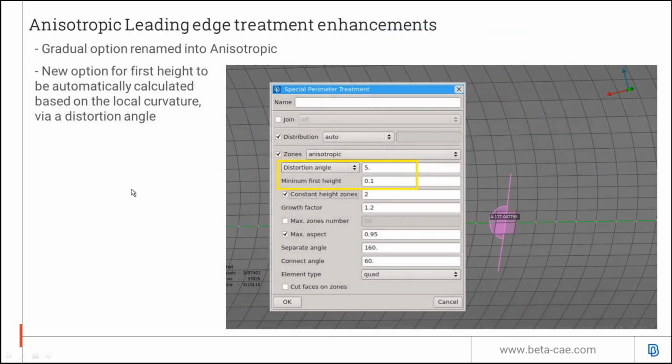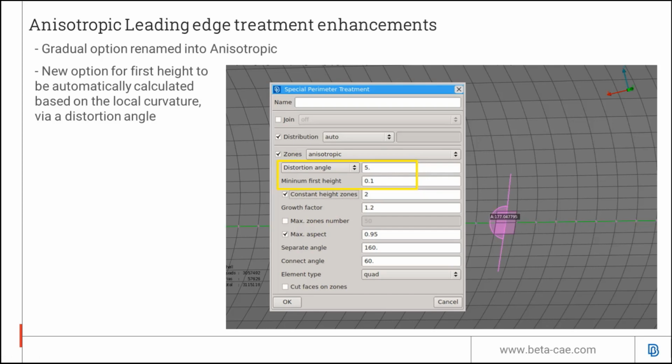For anisotropic leading edge treatment, we have improvements. First of all, the option has been renamed to anisotropic. In the past it was called gradual. And now a new calculation method of the first height has been added based on the local distortion angle. This allows the variation of the first height of the anisotropic mesh based on the local curvature.